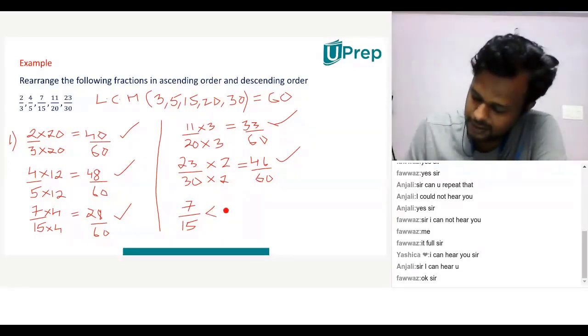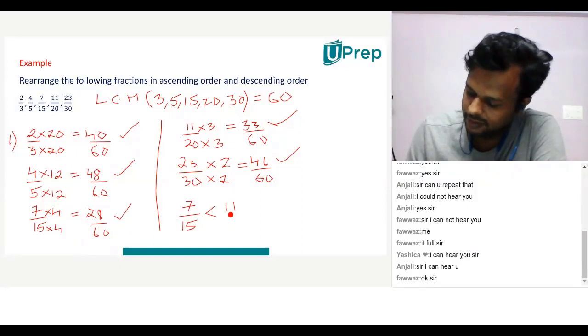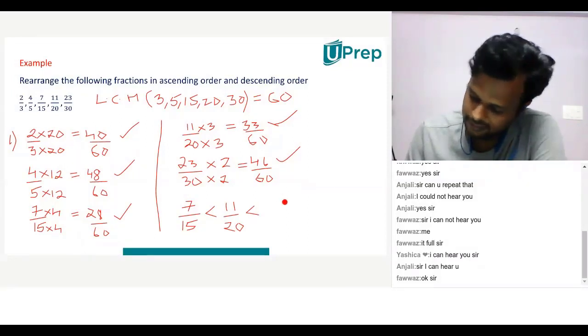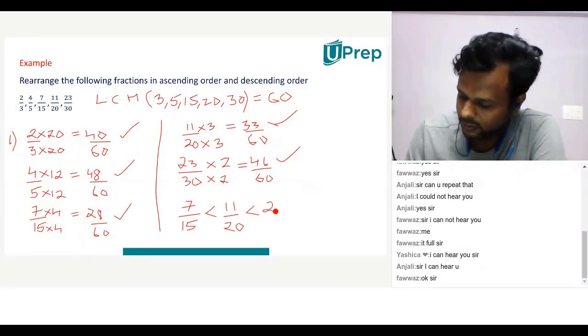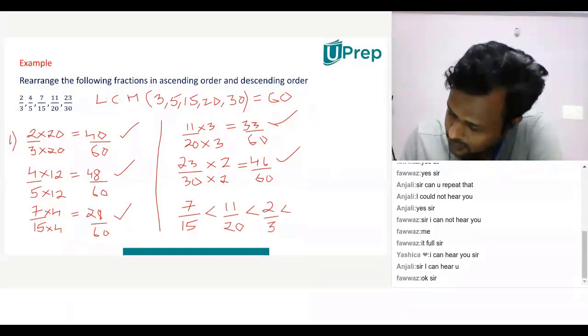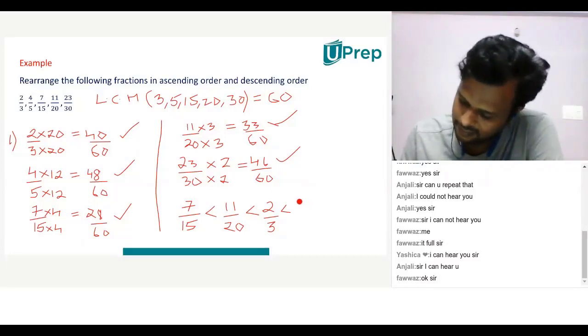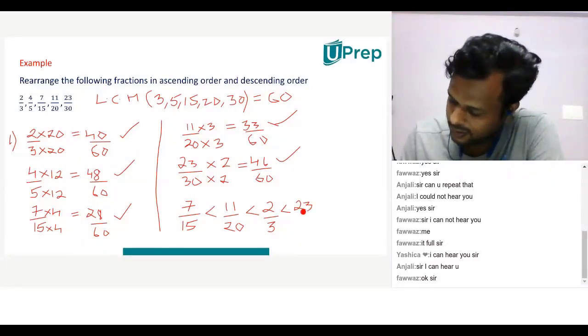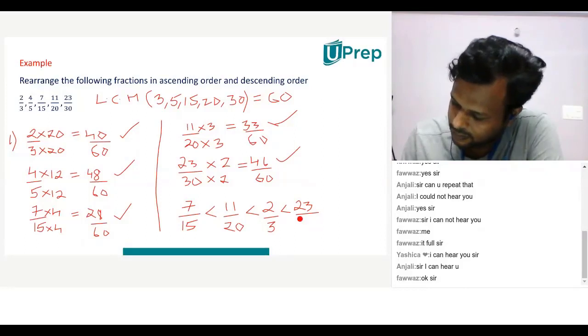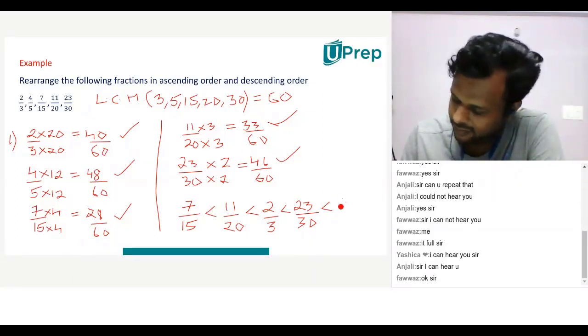So 7 by 15 is less than 11 by 20, that is less than 2 by 3, that is less than 23 by 30, and that is less than 4 by